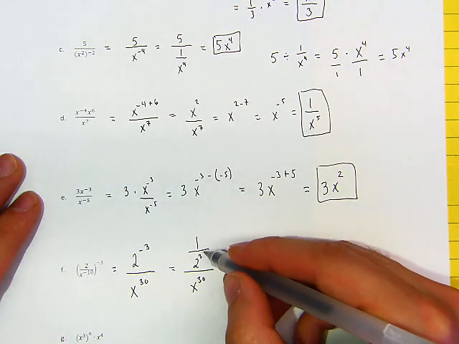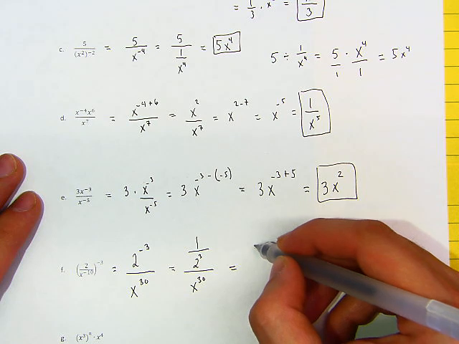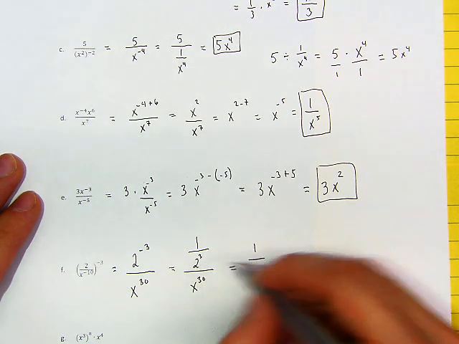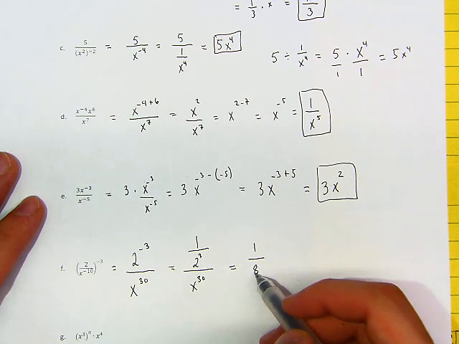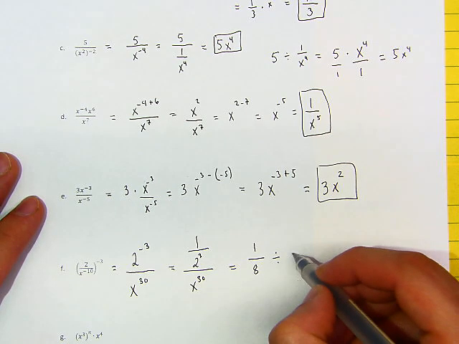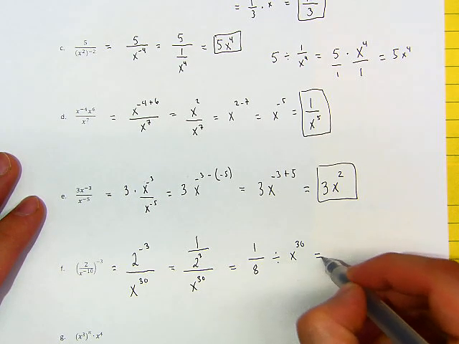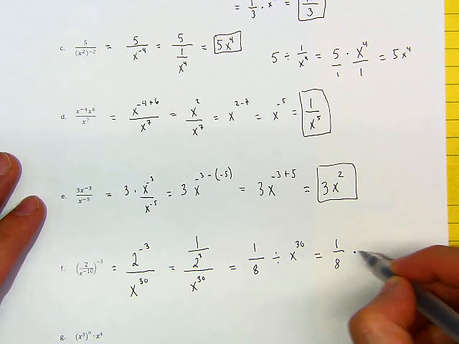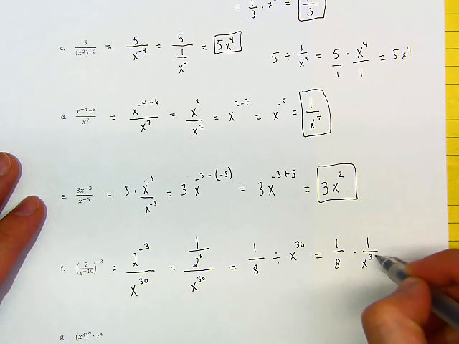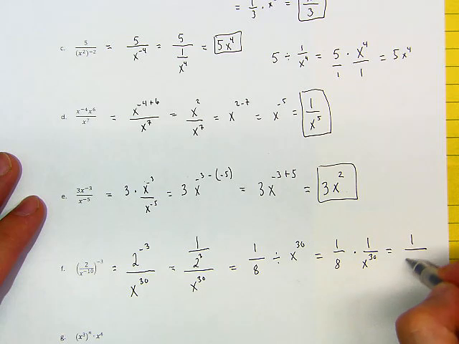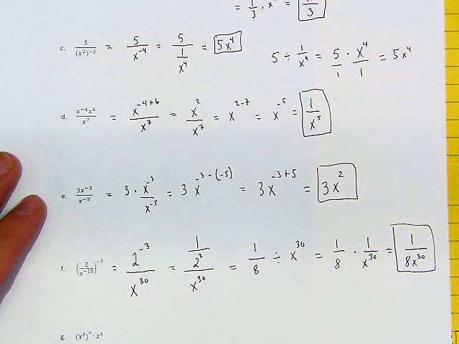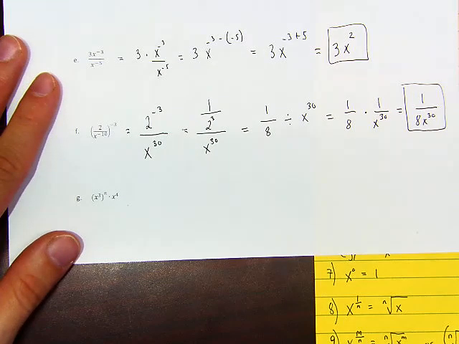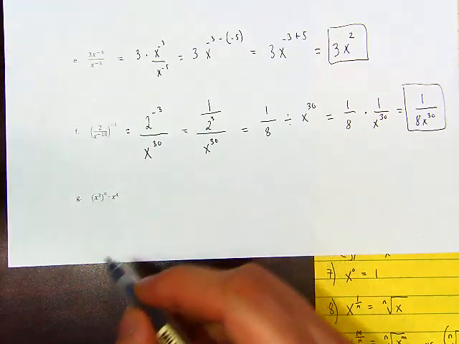And now we have a fraction divided by this, so notice that what is 2 to the 3? That's 8, because 2 times 2 times 2 is 8. Then that's divided by x to the 30. So you have keep, change, flip, and this just becomes 1 over 8 times x to the 30. Okay? Very good. Let's keep going. This one, let's follow this one. Let's see, this is x to the,